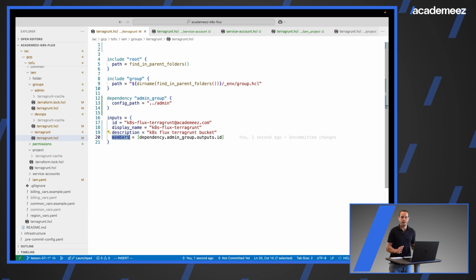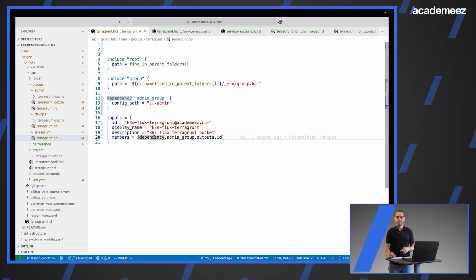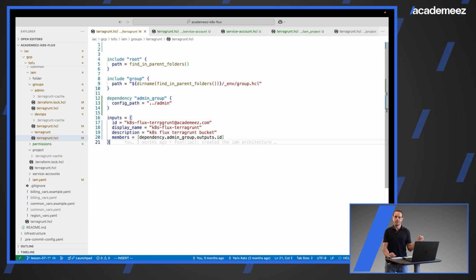So in the members, I can place entire groups. So basically I'm saying everyone in the admin group can access the Terragrunt bucket. So I'll try to run this code and see if I haven't made any mistake and see that our group is created. After the group is created, we need to give that group permission to access the Terragrunt bucket. We need to give it storage admin. So let me run this code, see that everything works, and then we'll give the Terragrunt group permission to access